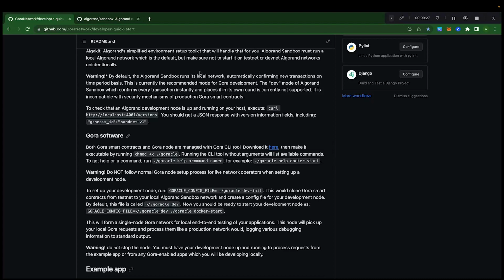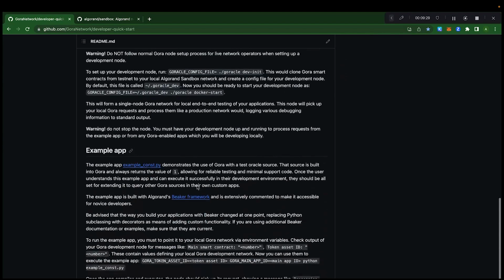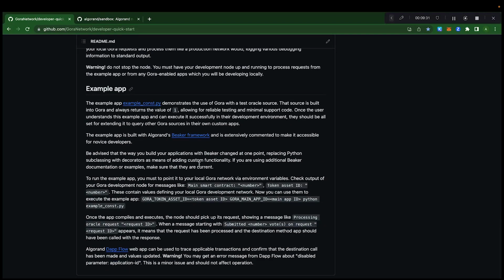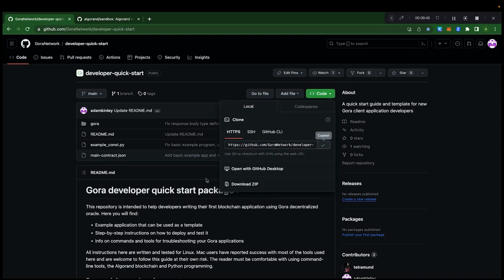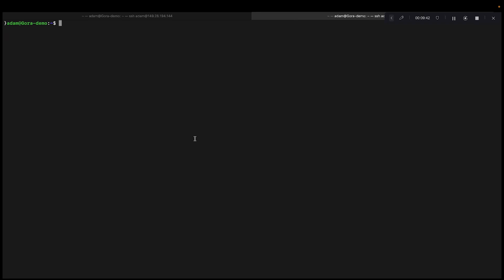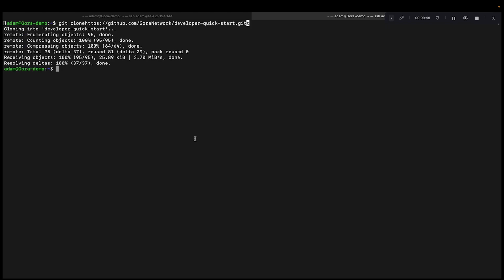So now that we have Sandbox running, we have our Gora node running and connected, and everything is looking good. We want to start our example app. So we're going to take this developer quick start repo, and we want to copy this, and we're just going to clone it with git clone, and we'll pull in that repo.